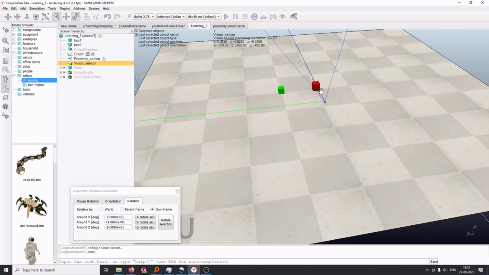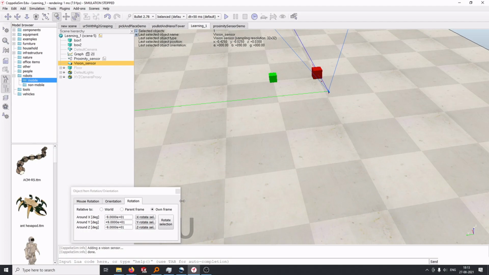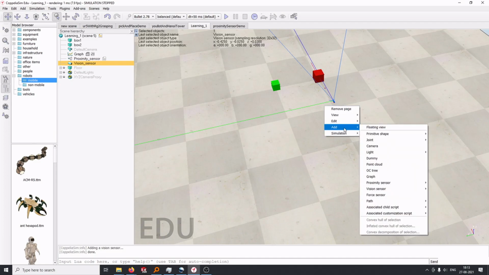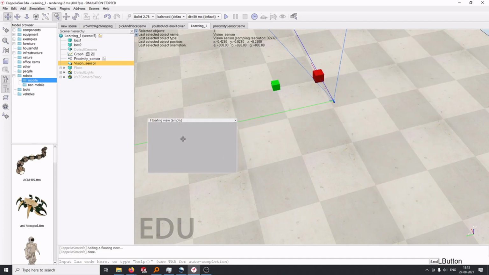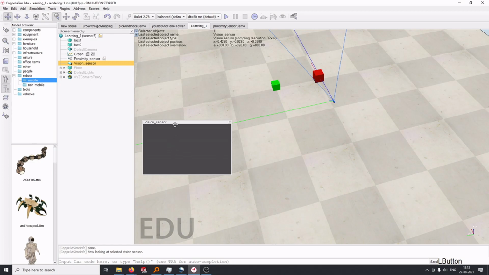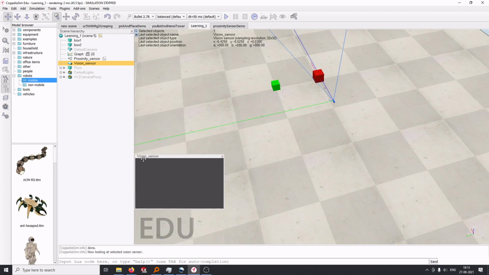We have it somewhere over here. Now we'd like to see what the sensor is seeing, right? To do that, we have to add something called a floating view. Now this floating view, you have to associate it with the vision sensor. So now whatever the vision sensor sees will be displayed over here when the simulation is running.